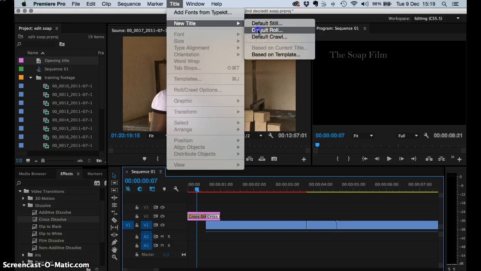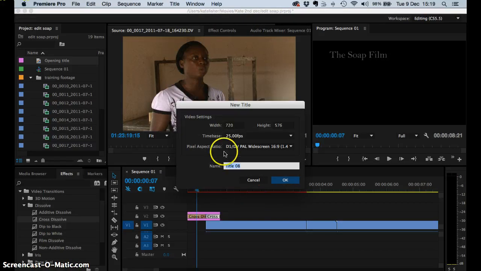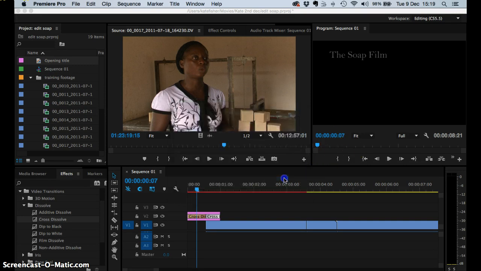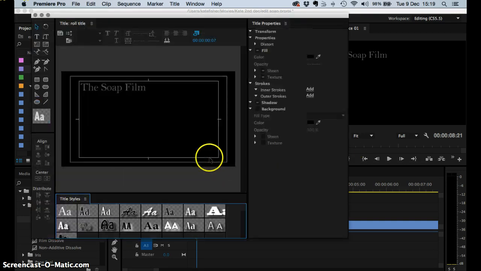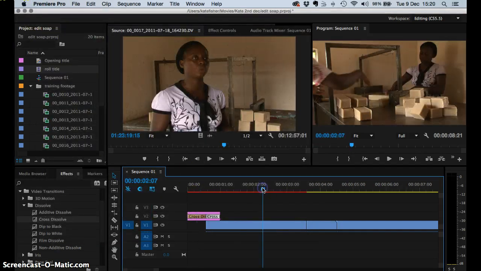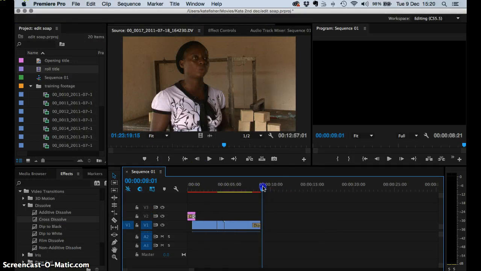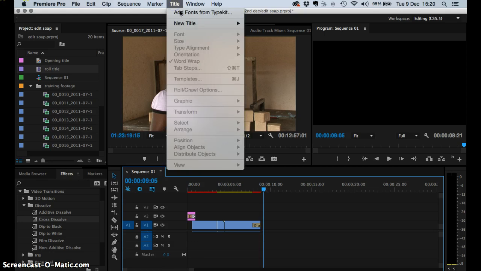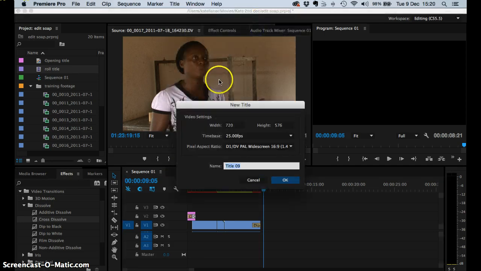So a roll option is quite a popular title to create, so let's call that roll title. What's going to happen with this is you can have it rolling from one part of the screen up or down, whichever way. The normal way is for it to go from the bottom to the top. So actually let's just close that one down, and I don't want to see anything else at the moment, so I'm just going to do that. Default roll,